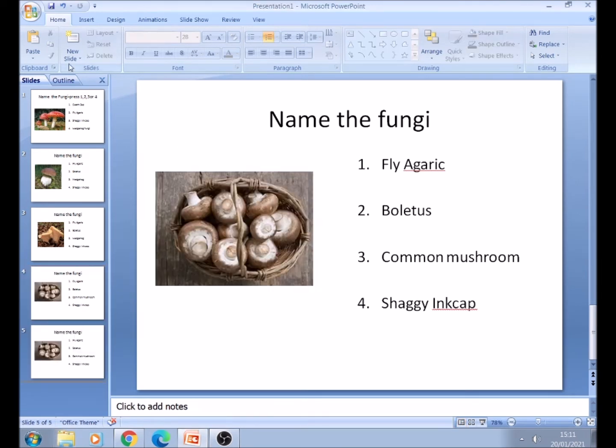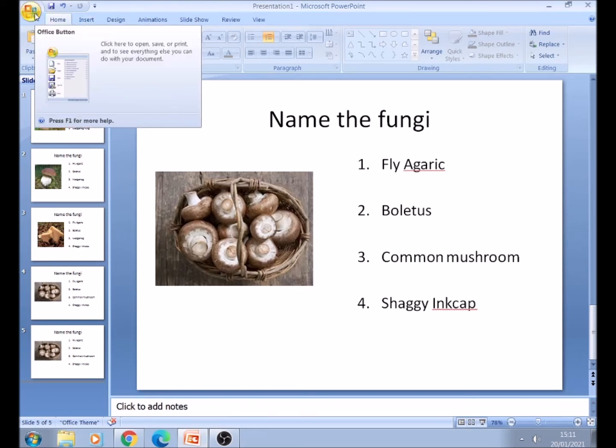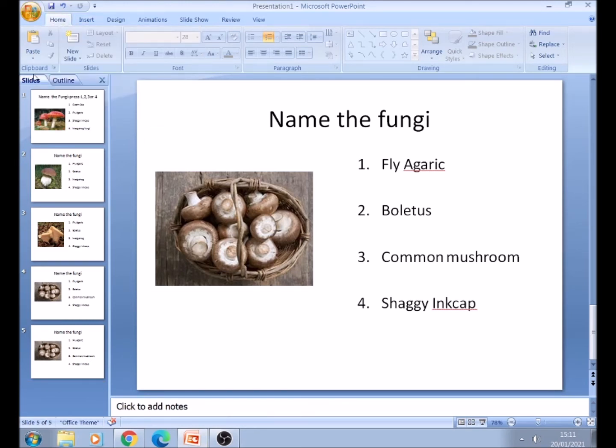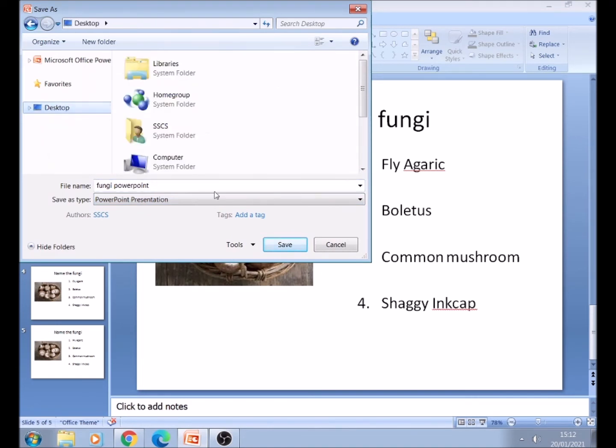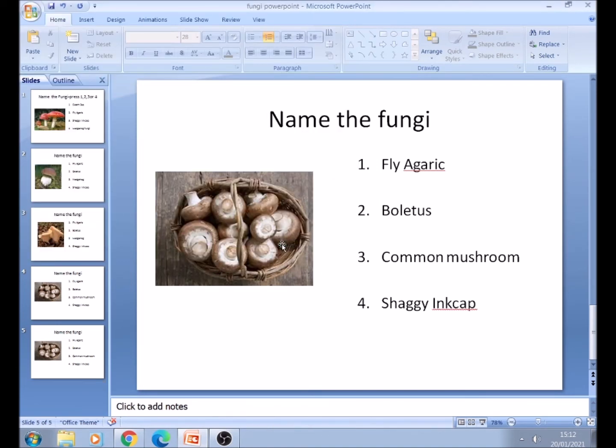So we're now going to save the file. This circle here, click on that. Save as. And just call it fungi PowerPoint. We save it first of all as a PowerPoint presentation, then we can amend it. I'll save it on my desktop. But in order to get into Scratch, we need to click on the circle again, save as,